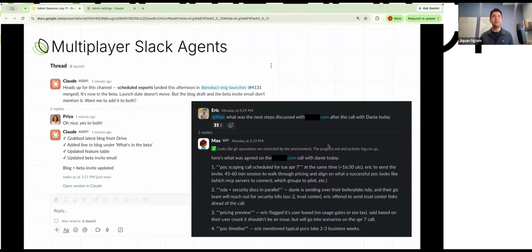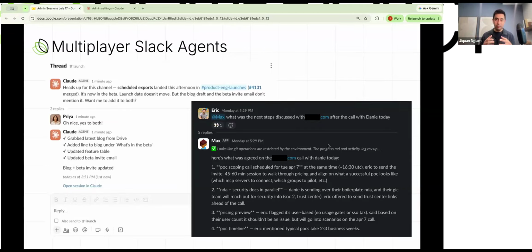All right, so we're going to get started today. The big shift that many of us are seeing is going from single player to multiplayer Slack agents. Instead of each individual being in front of their Cursor, ChatGPT or Claude window and doing things alone in isolation, we move the activity of using AI agents into a shared system where everyone can see it, be it Microsoft Teams or Slack. This is where magic really happens, because every individual in a company can see how everyone else is using it. There's a very quick osmosis of what's possible.